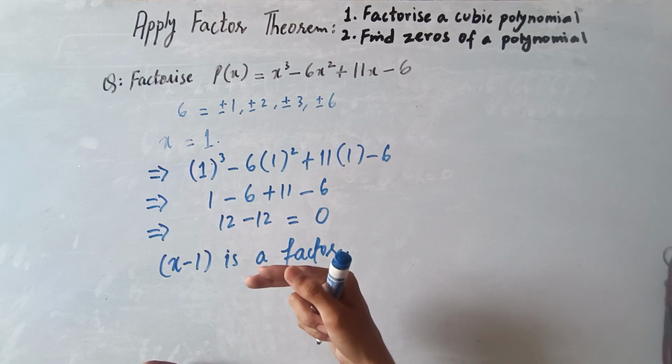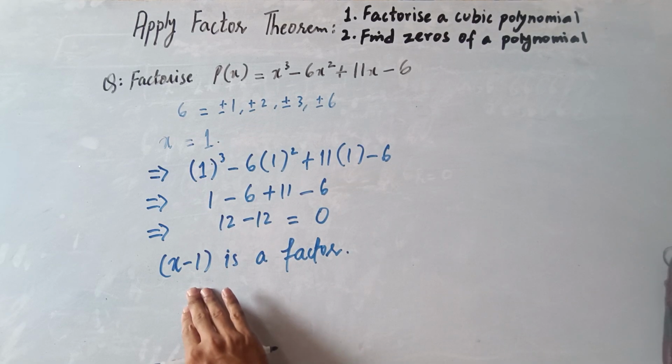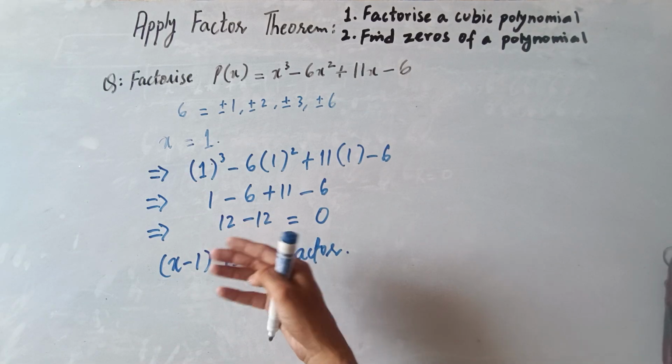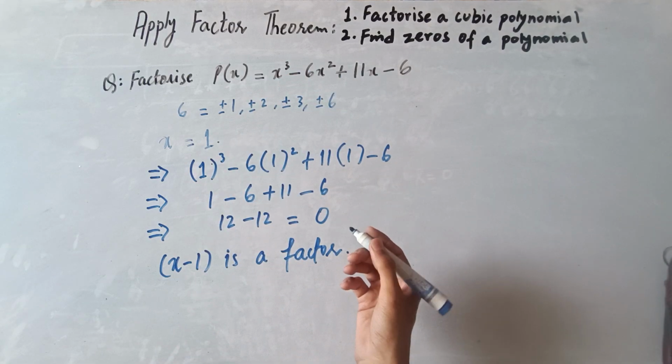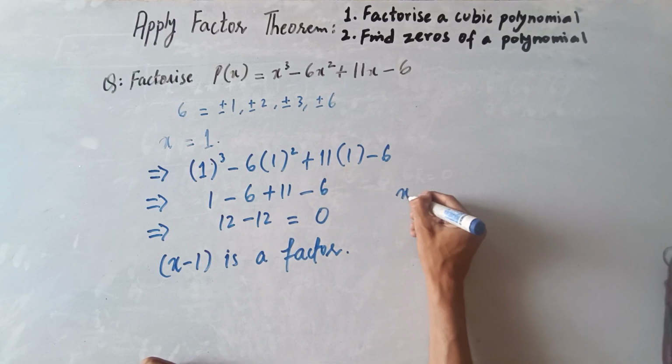The first way is that, as you have put the value 1 over here and got this factor, now you can put minus 1 and maybe you will get 0 again, so you will say that if by putting minus 1 you get 0, then x plus 1 will be a factor.